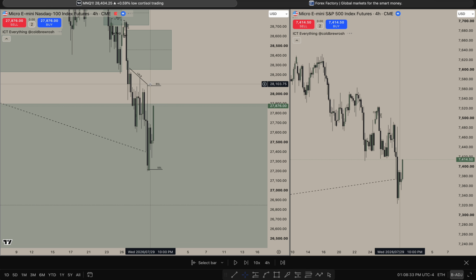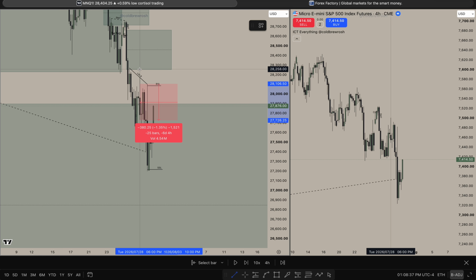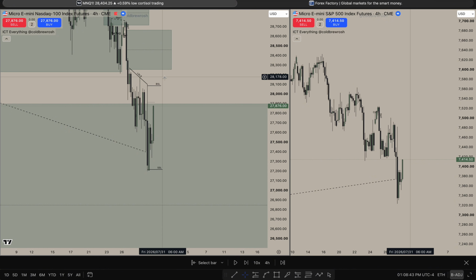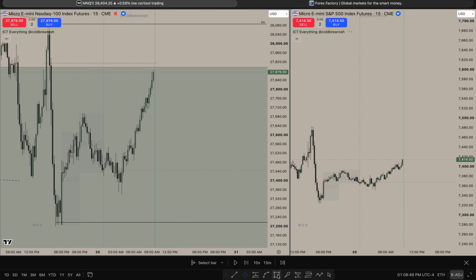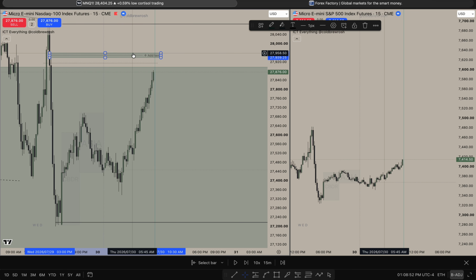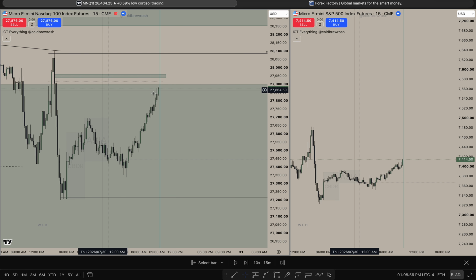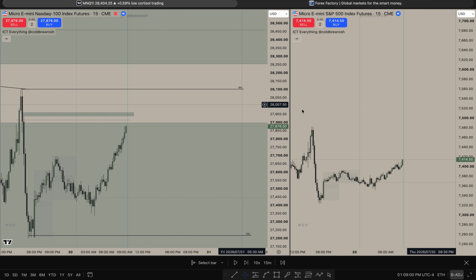And also we had this big 4-hour wick, which I wanted to see price respect. So I was leaning a little more bearish, and we also had a 15-minute rally gap right here that I wanted to see us respect. Although we already had ran through all these, so it's kind of stupid actually. But yeah, looking back at that. Okay, well,